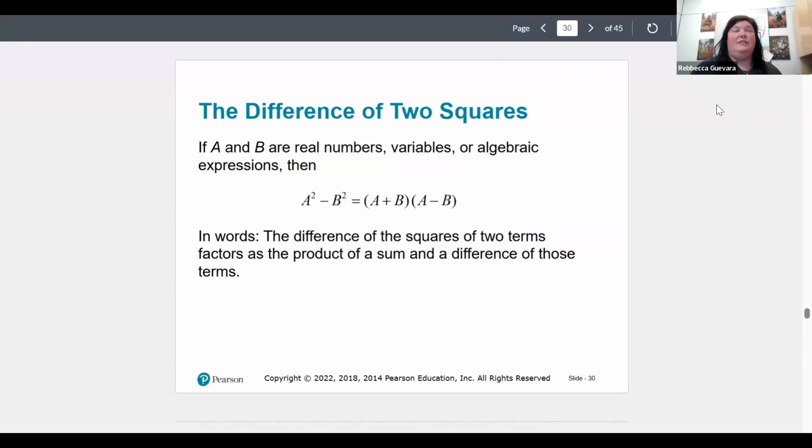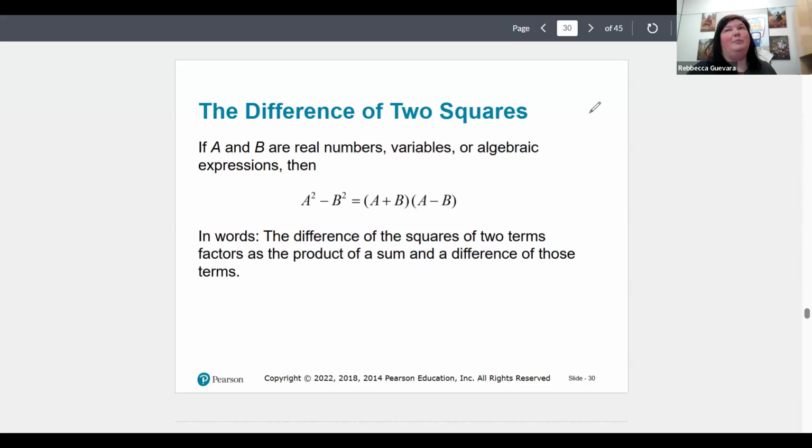Okay, so continuing with factoring, we're going to look at the special cases right now. This one should be pretty familiar to you. If A and B are real numbers, variables, or algebraic expressions, then A squared minus B squared comes from A